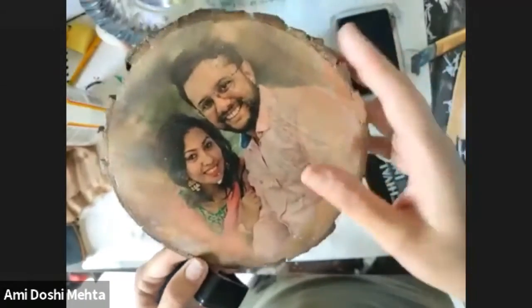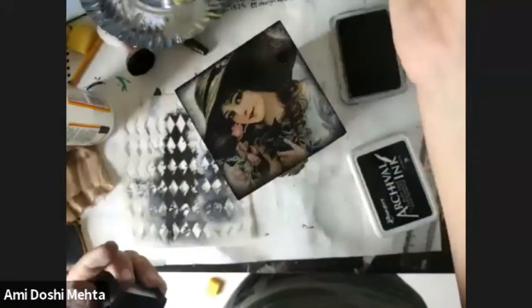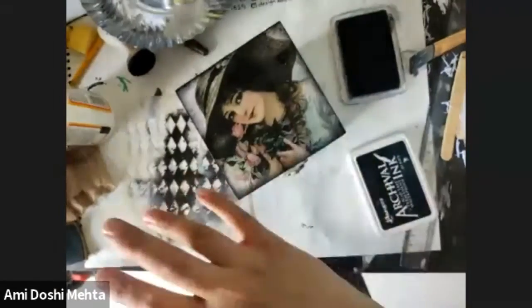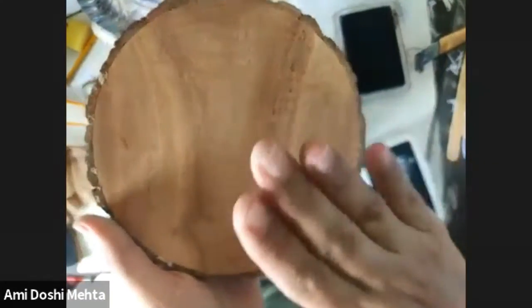How much does this cost? This wooden slice is approximately 200 or maybe 225 a piece. This is a 6-inch wooden piece. Ma'am, did you apply any base color on the wooden piece? No, I directly applied the print. As I already explained in the beginning, I wanted this natural wooden log look on my photo.